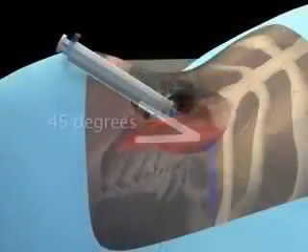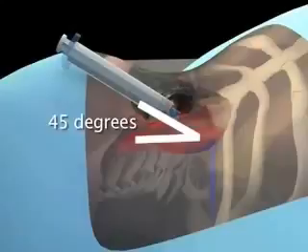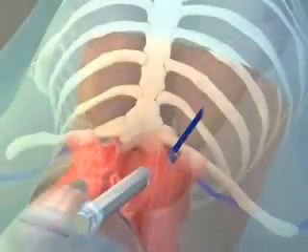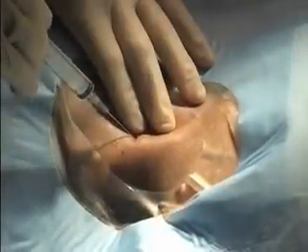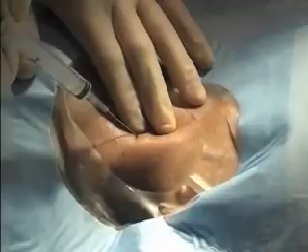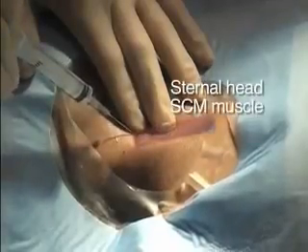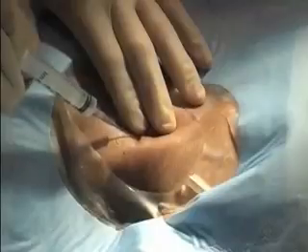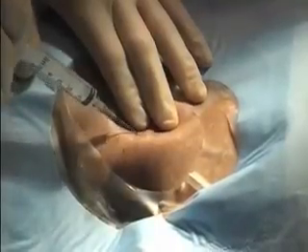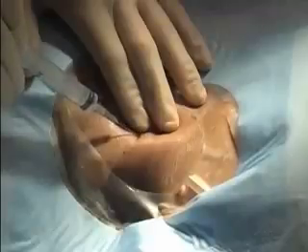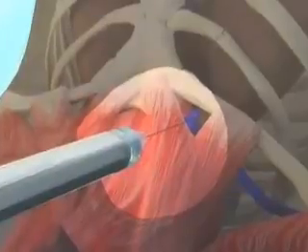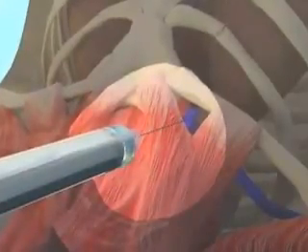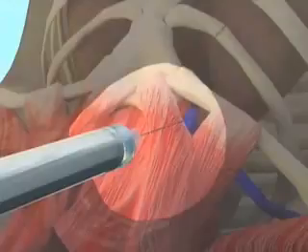Using the insertion needle, approach the site at a 45-degree angle from the coronal plane, with the long axis of the needle directed toward the ipsilateral nipple. Puncture the skin at the apex of the triangle at the medial border of the sternal head of the sternocleidomastoid muscle, entering just lateral to the carotid pulse. Advance the needle while applying gentle suction to the syringe. Continue to aim toward the ipsilateral nipple at a 45-degree angle to the skin, avoiding penetration into the deep tissues of the neck. Typically, the vein is accessed at a depth of less than 1/2 inch, or 1